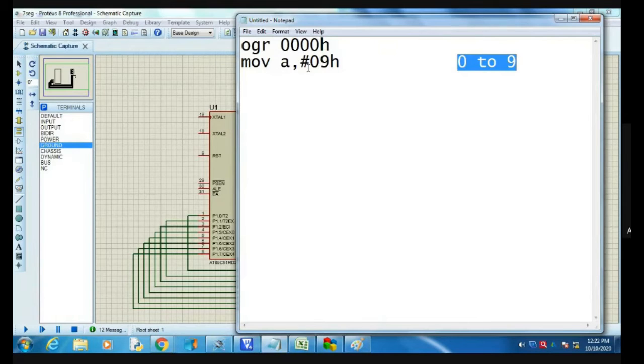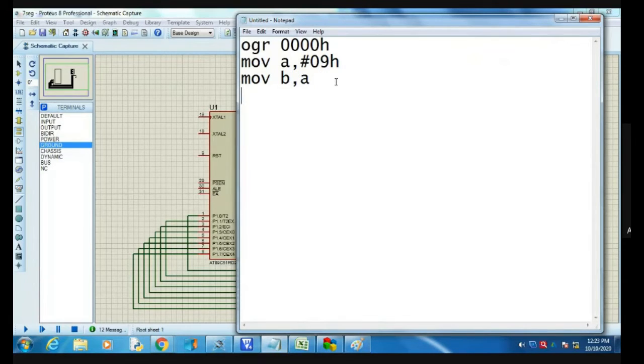That is nothing but the initialization of the accumulator. Next, this 9 we have to move into the B register, because each and every time we increase from 0 to 9, after 9 it again comes to 0. So I require one B register; 09 is stored into the B register.